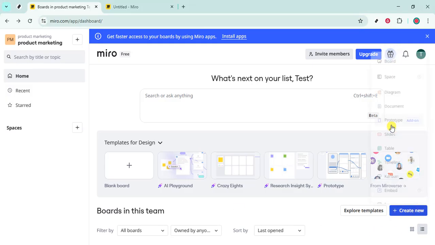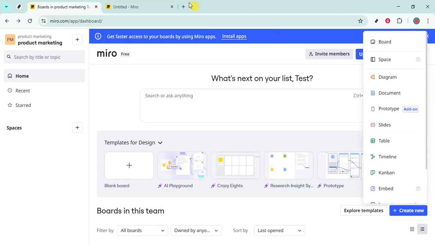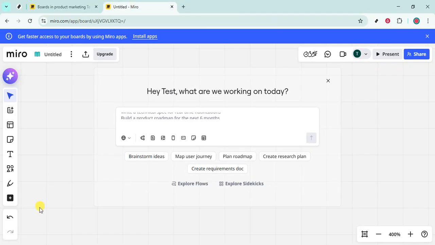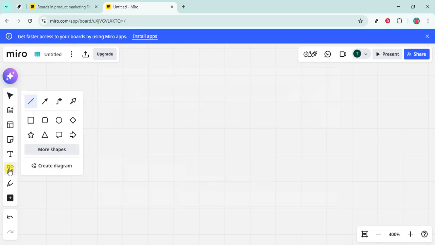A blank board gives you plenty of space so you can zoom in or out and position the view where you want the X to appear. If your canvas feels too zoomed in, scroll out a bit so you can clearly see the area where you'll